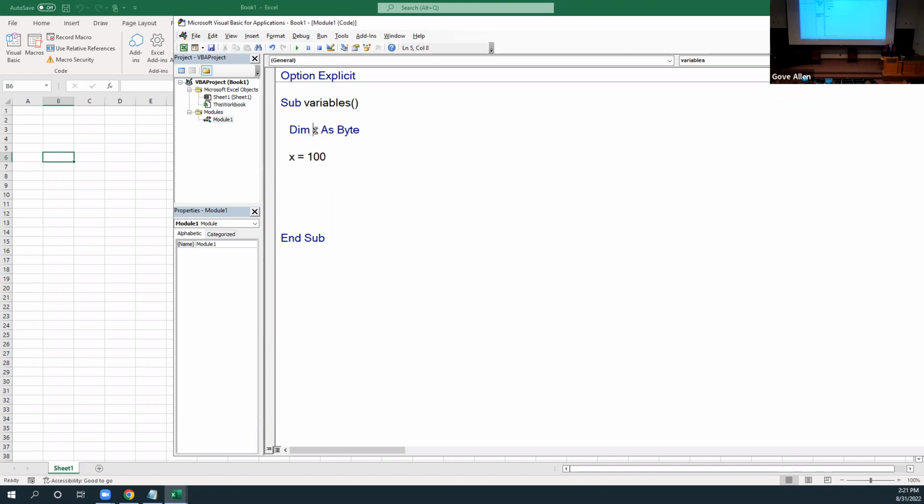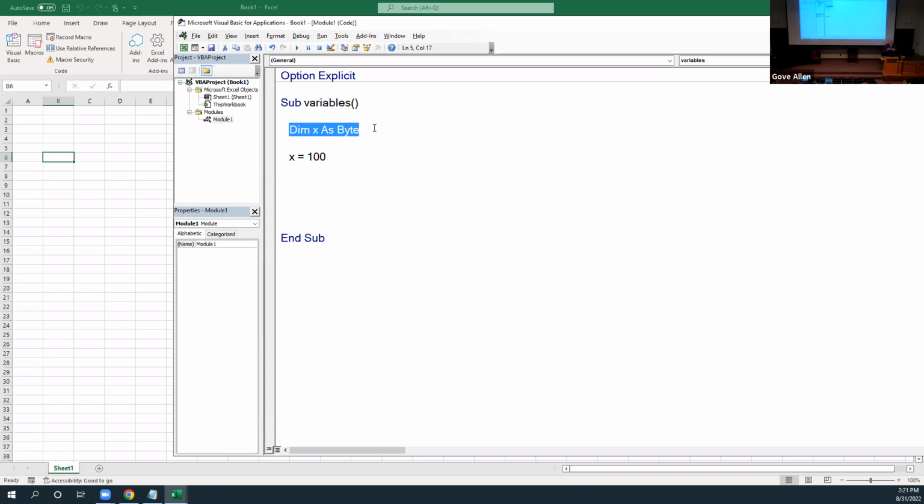So I've declared this variable, and when this executes, or when this is processed, VBA will say to the operating system, hey, I need some memory. And the operating system's like, well, how much do you want? And VBA is like, I just need 1 byte. And it says, great, I'm going to allocate this byte to you. It's yours to do with what you want. Then